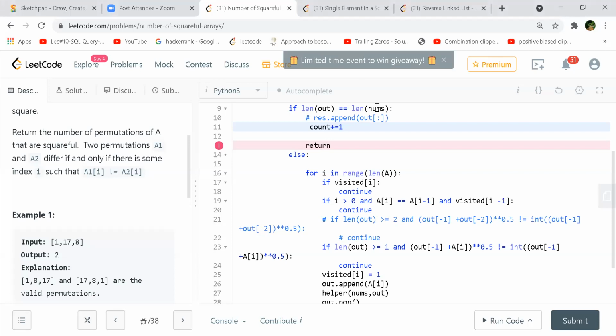N into n into n into n times, right? That's why n raised to n. Oh, I mean, no. It's 4 into 3 into 2 till 1. N factorial will be smaller than n raised to n, right? Upper bound for n factorial is n raised to the power n. Yeah, n factorial is smaller than n raised to power n, but if you see the graph, n raised to n goes above n factorial.